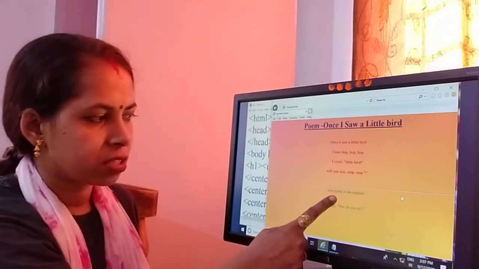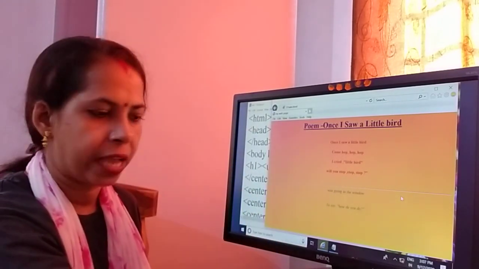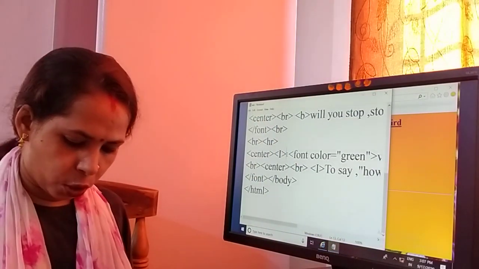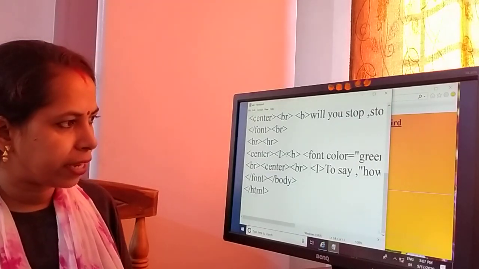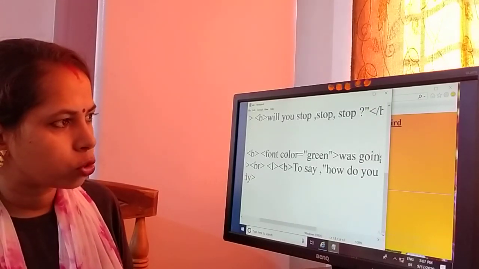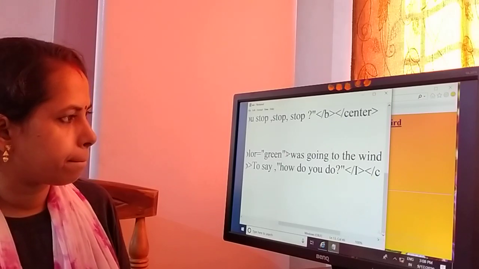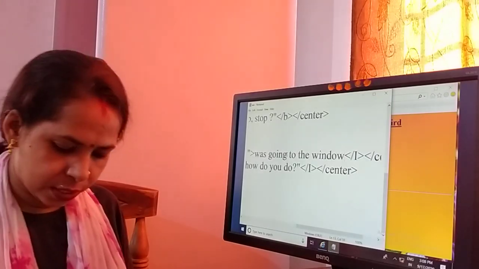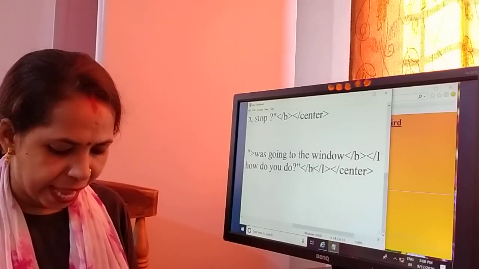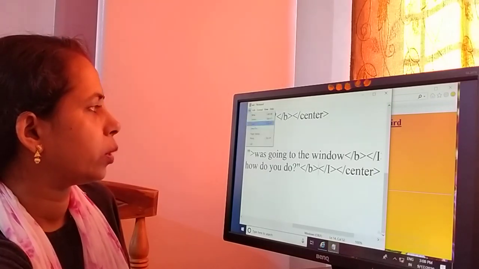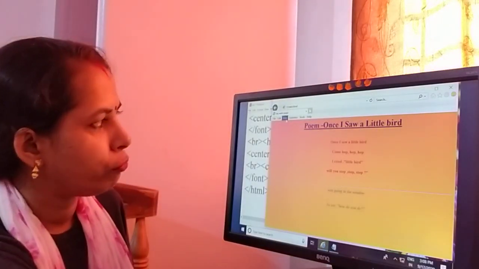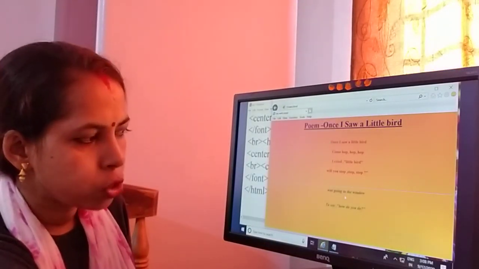But we have to use B also, which makes text bold. So we go again to the code and write B here also, B for bold. Here also we take B for bold. If we take the B tag, we have to close it also. We close B here and here also, because B is a container tag. Save one more time because this is a modification. Now we go to the web page, view and refresh option, so that it also appears in bold.